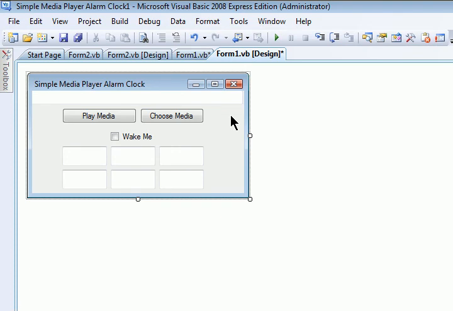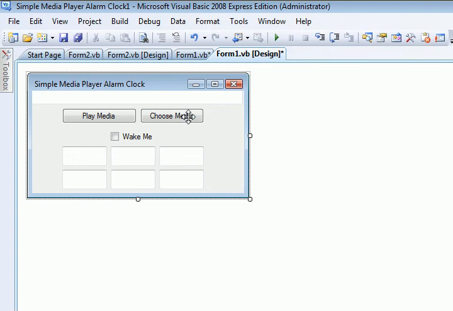I will probably be making another video tutorial after this one, and that media player alarm clock will be an advanced media player alarm clock. And the only thing different about it is that one, you can choose more than one item to put in your media player for your media player to play. Two, after it gets done playing the media, it detects if the media has stopped and will play the next item. But you should be fine. I mean, some shows are only 11 minutes long or whatever, so that's that.